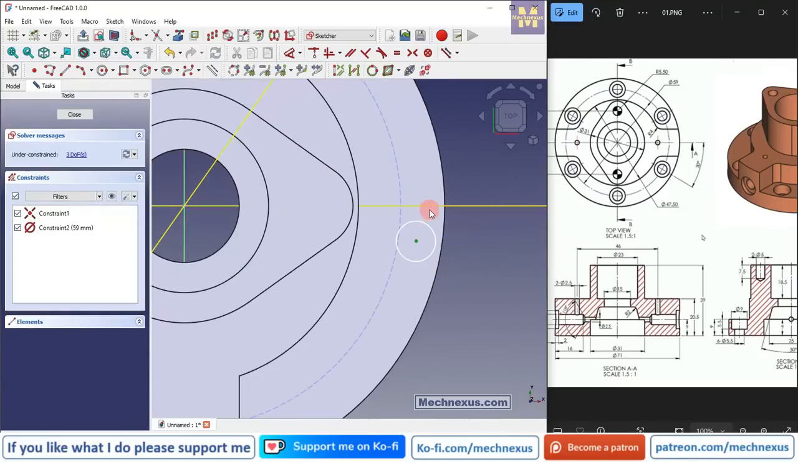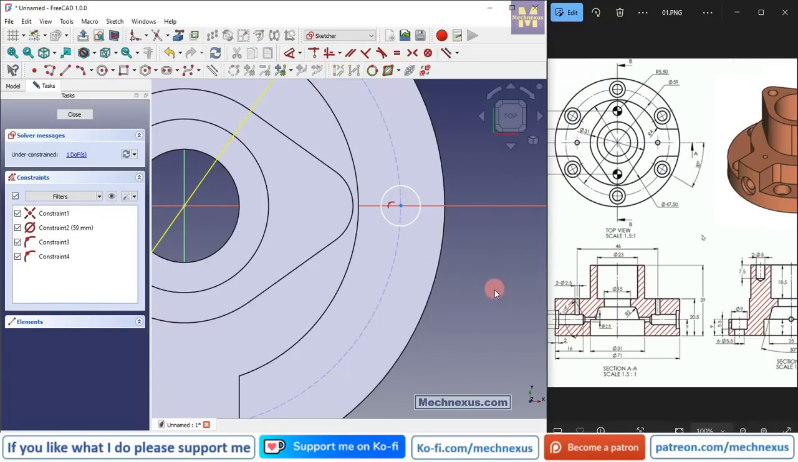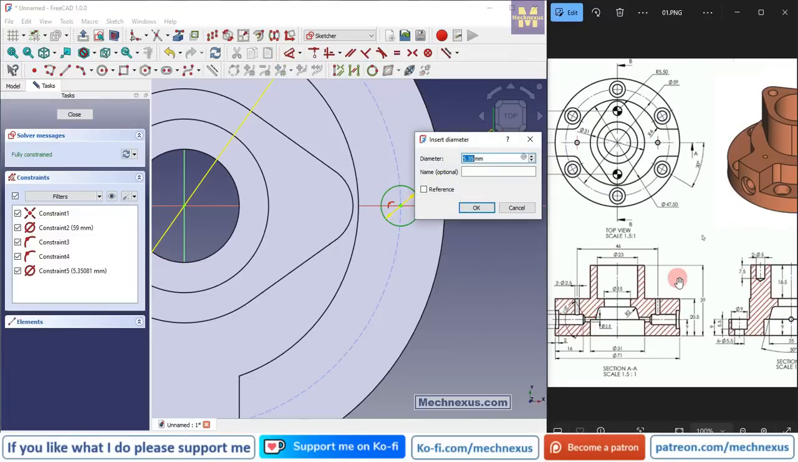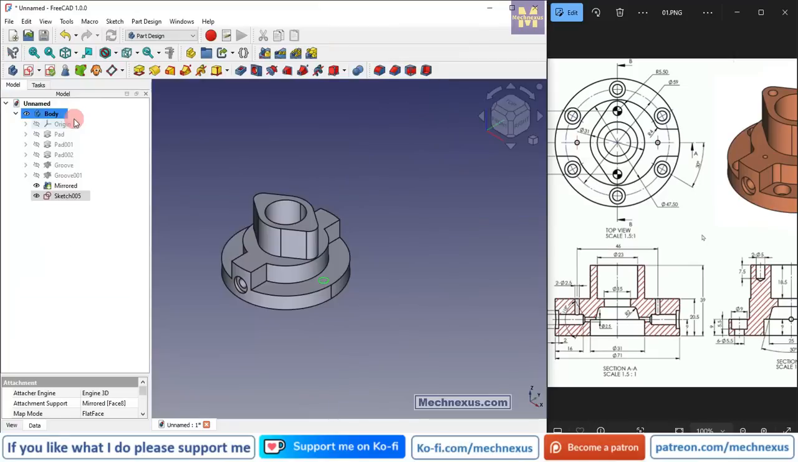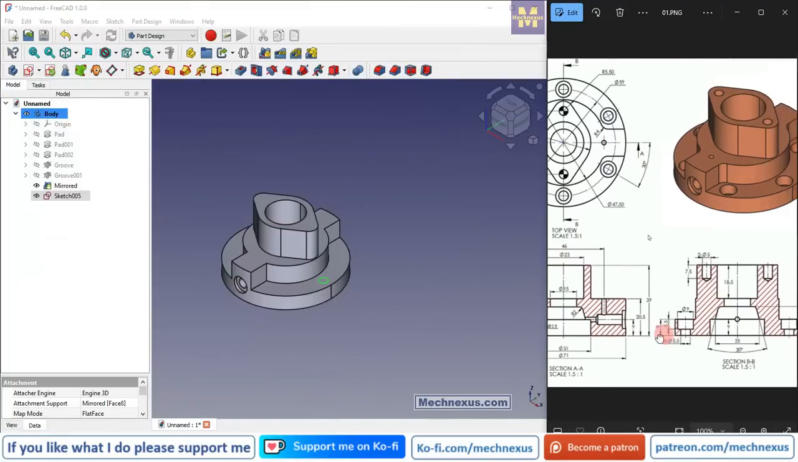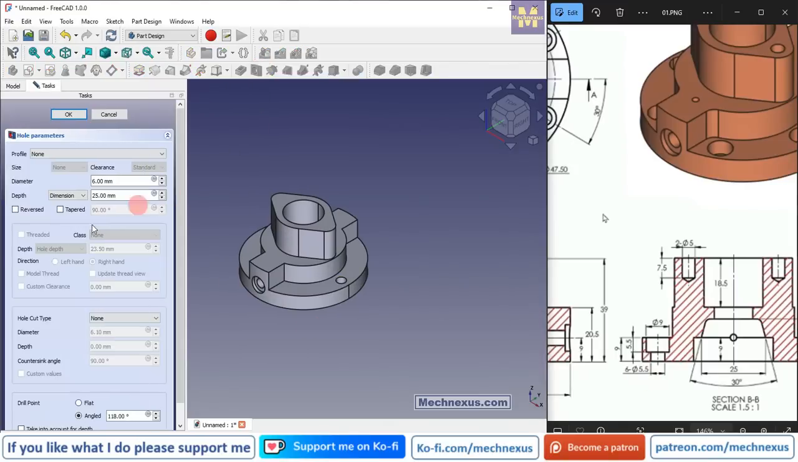We will select this axis and our construction circle, add a coincident relation and select a diameter of 5.5. Now I will close it, and here we can see these counter bore holes detail, which is 5.5. So we will select the sketch and click on this hole feature, and our through hole is of 5.5 diameter,